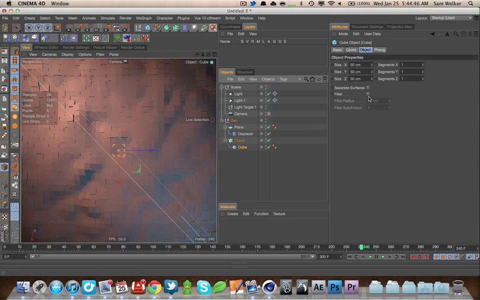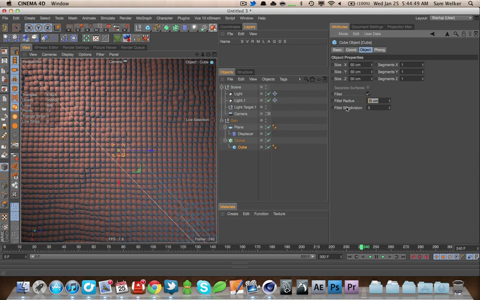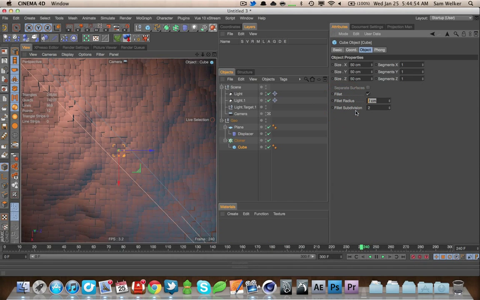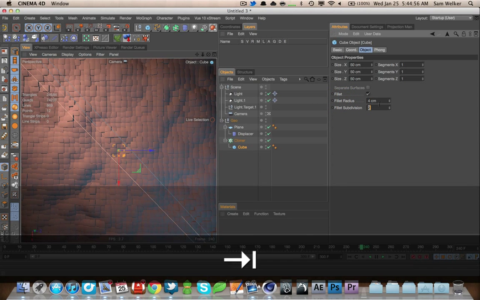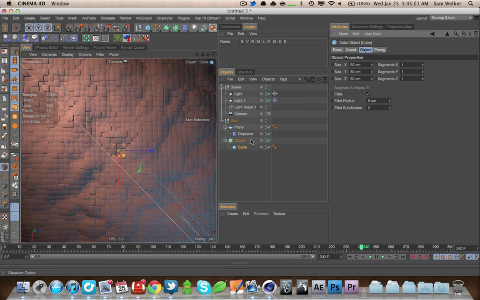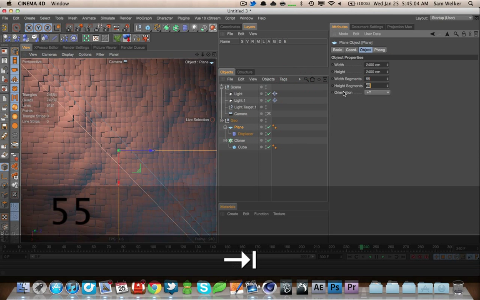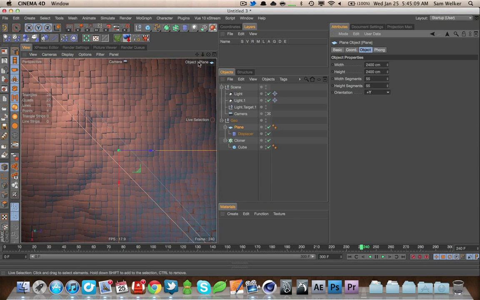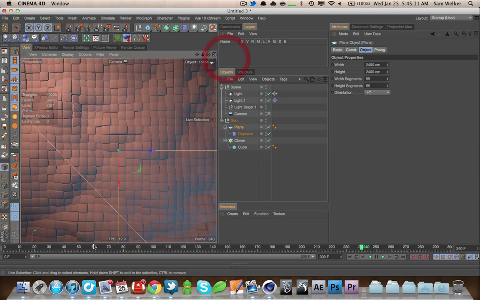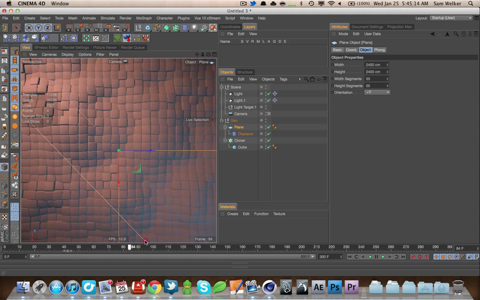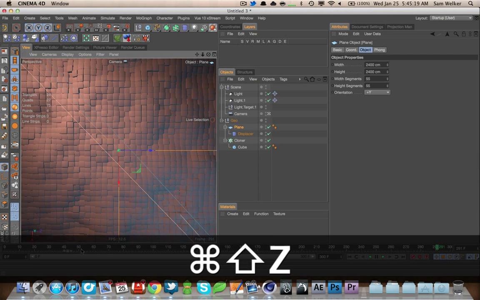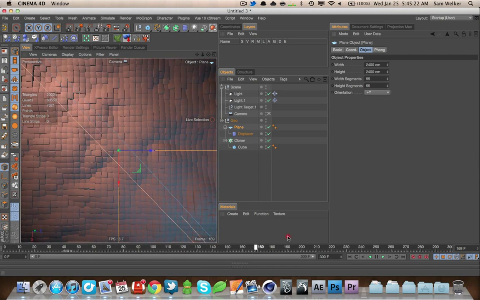Alright, let's grab our cube and fill out the surfaces. Let's say 2 and 2. 4 and 2. We're going to go with a 5, actually, and then, yeah, 2. And let's go back to this and make this 55 by 55, and they'll get a little more separation. And we can take the camera and zoom in and get a tighter shot if we want, but honestly I'm going to keep it back to where it was, so Command-Shift-Z will put us there. Right, and